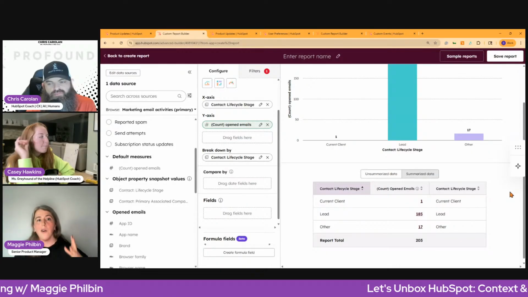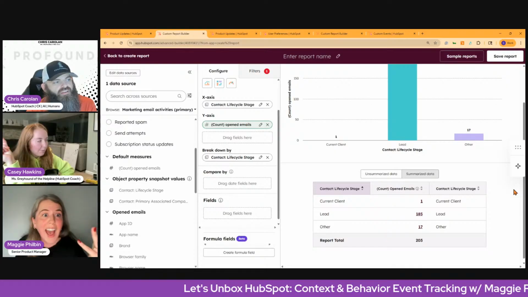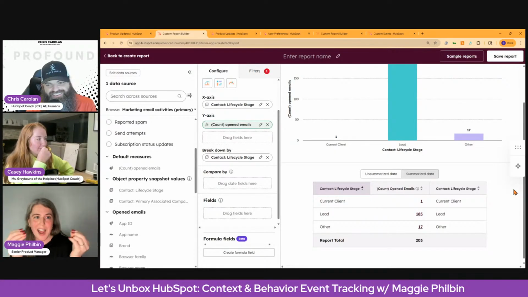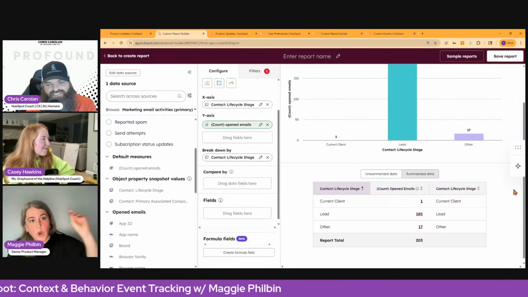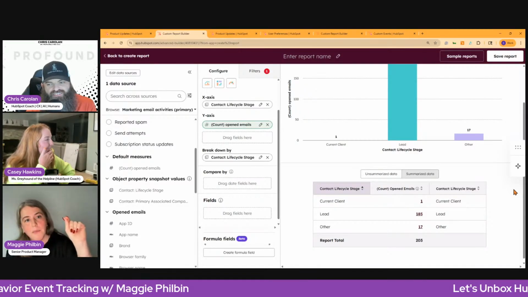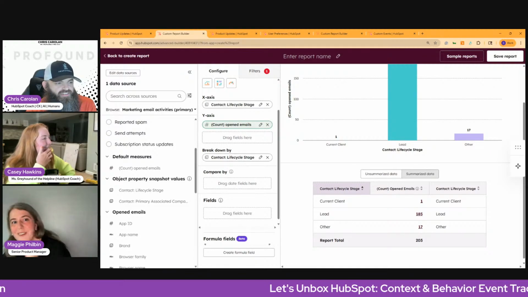So like how Maggie, do you know how many times people have asked me that question? Yeah, that's perfect in journeys now, because now you can say people who have submitted this form who were a lead at the time, and then how have they converted to MQLs or converted to SQLs? So I think it lands really well in journeys. CRB is really clear because you can get like the bars and separate visuals, which I think makes it easier to crack.